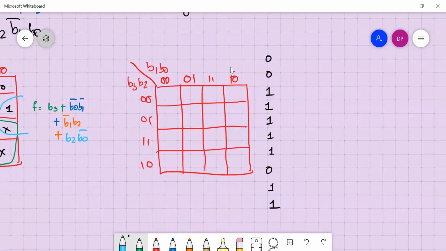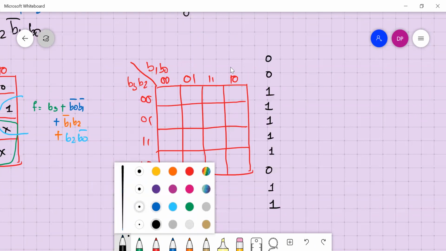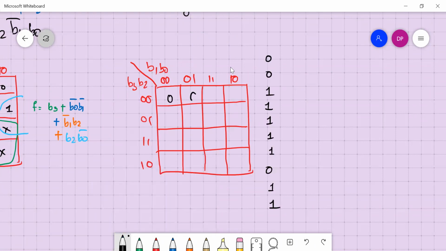So for G, this is 0, 0, 1, 1. In this we are finding G. 0, 0, 1, 1 is done. Then 1, 1, 1, 0, then you have 1 and 1 here, and other values are don't care. So how can you make a group here for G?